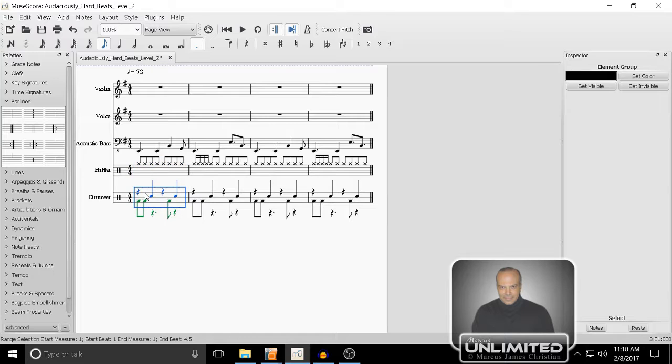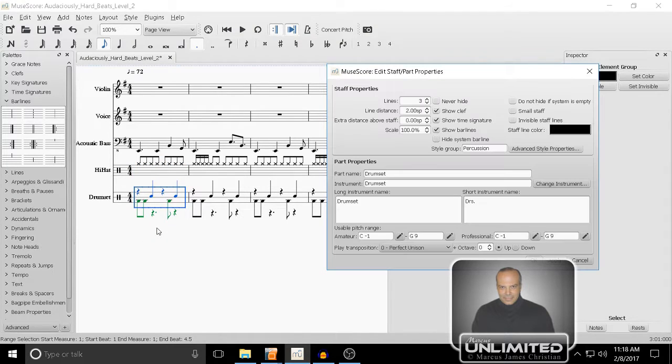Okay, so now let's come out to here, and let's do staff properties again. We're going to come over here, and remember, we want to leave the instrument alone, but we want the part name to come out here. Should we call this drum set? I was going to say bass and snare. Let's go for that. So I could say bass and snare, and come over here and type bass and snare,